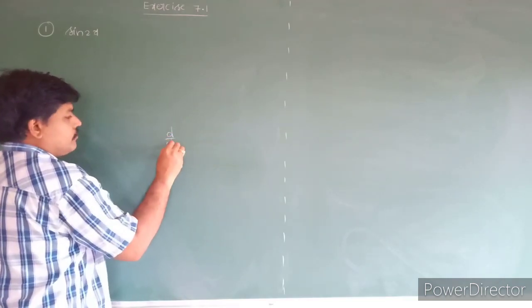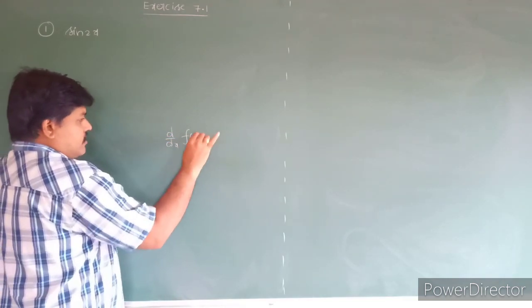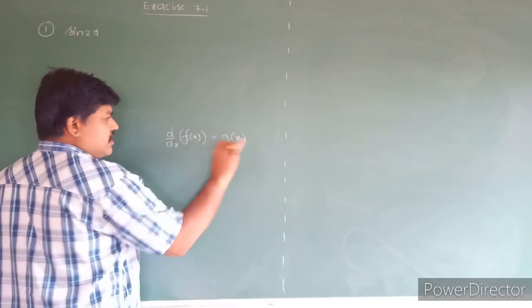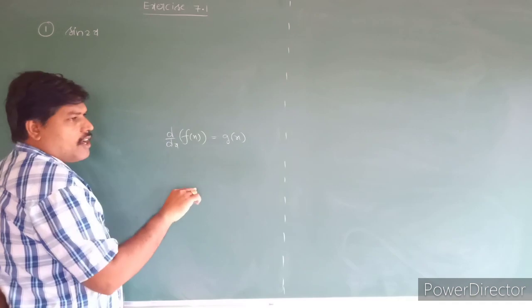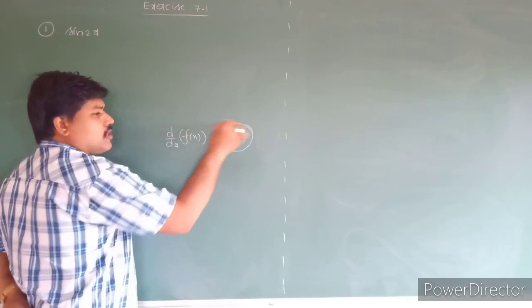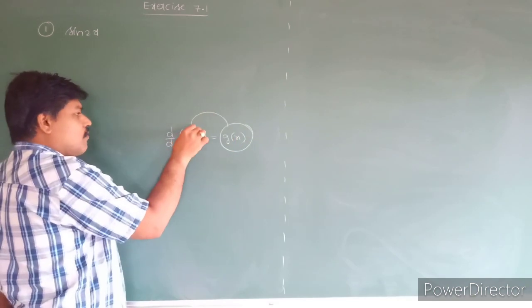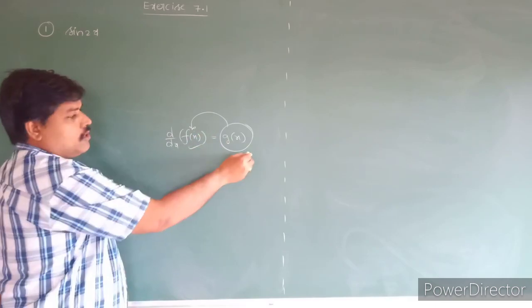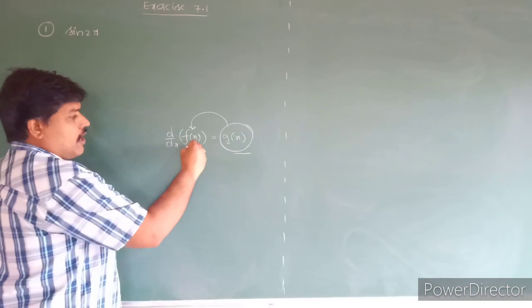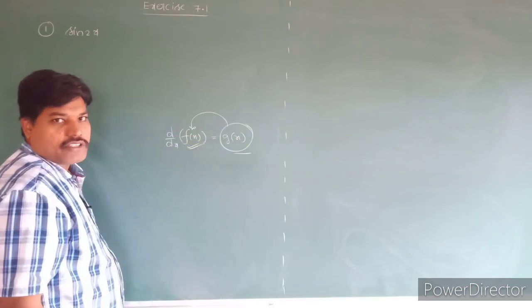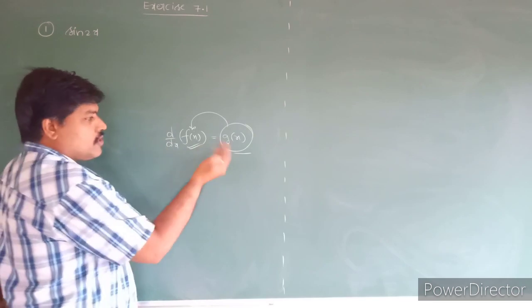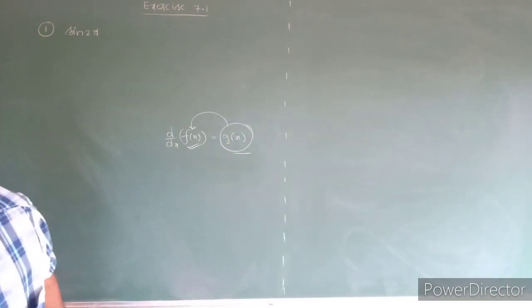So that meaning is actually, the derivative of f of x is equal to g of x. It is a derivative. Okay. So here they will give you this function, and they will ask what the original function is. This is the process of the antiderivative. They will give you g of x and ask you to find f of x. That means the integral of g of x is f of x. Okay. So this is the method of inspection.